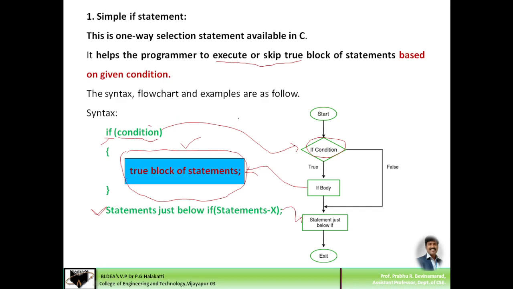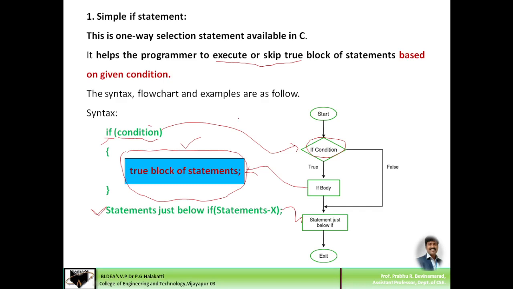See, in the simple if statement, we have only a block for the true condition. If the condition is true, we will execute some set of statements. If the condition is false, we don't do anything. That's why it is called a simple if statement, and we will have only a set of statements for the true condition.